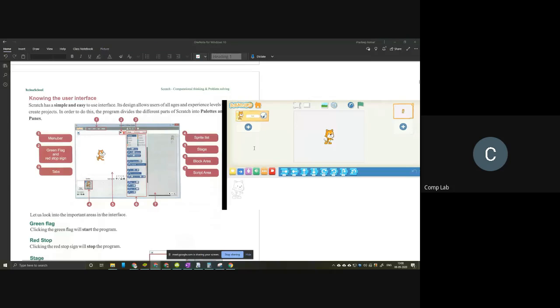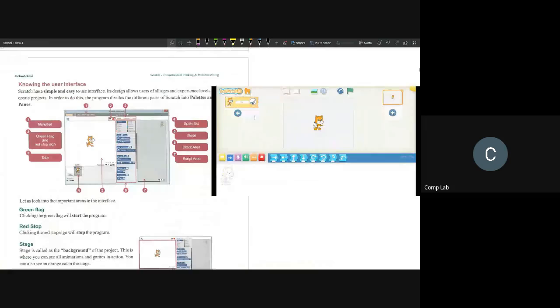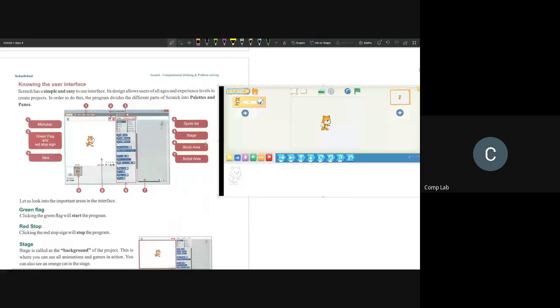We'll be doing a short revision of what we saw in the last class, as always. We saw the various parts of the Scratch window. Scratch is the visual programming language we'll be learning about this year. The programming language allows us to communicate with the computer. The computer speaks something like binary, ones and zeros, and we speak English. So the programming language acts as a bridge between English and these ones and zeros.